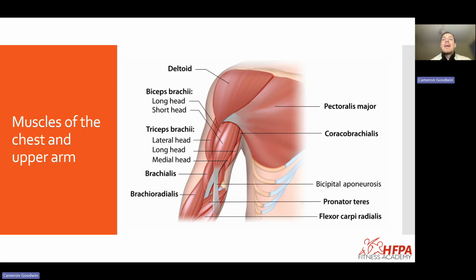The reason why I say that is in colloquial language, yes, when maybe you're chatting with your clients, like we're going to be training the front part of your shoulder, then that is more applicable. But if you are going to be liaising with other medical professionals, such as biokineticists, physiotherapists, various different sports scientists, or whatever the case may be,